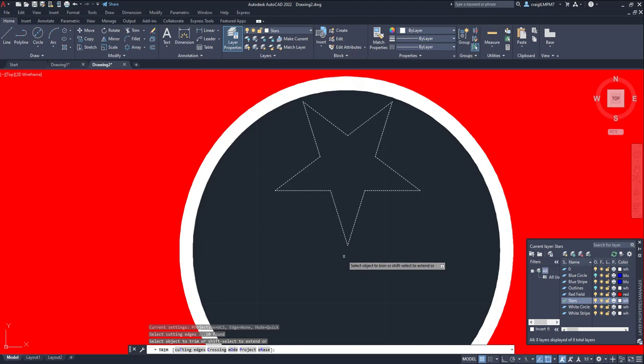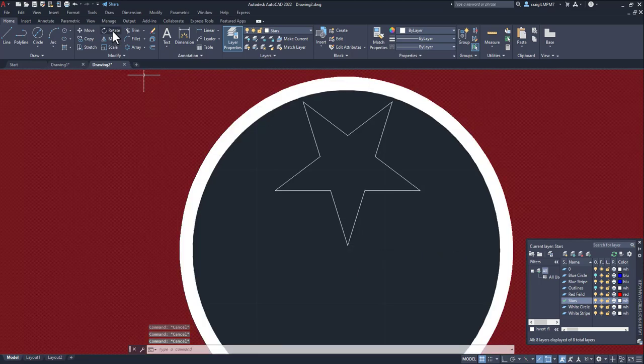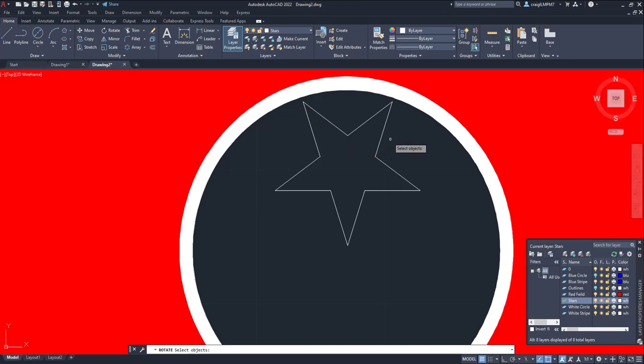Somehow we ended up with trim, so we'll do it again. Rotate, select objects, enter. So our base point,